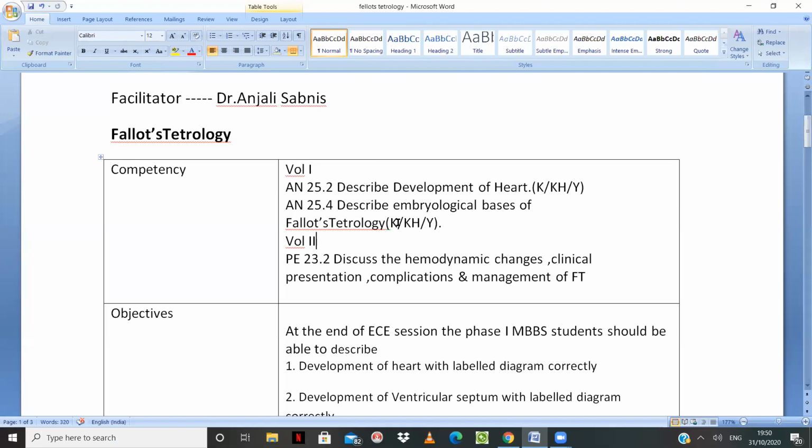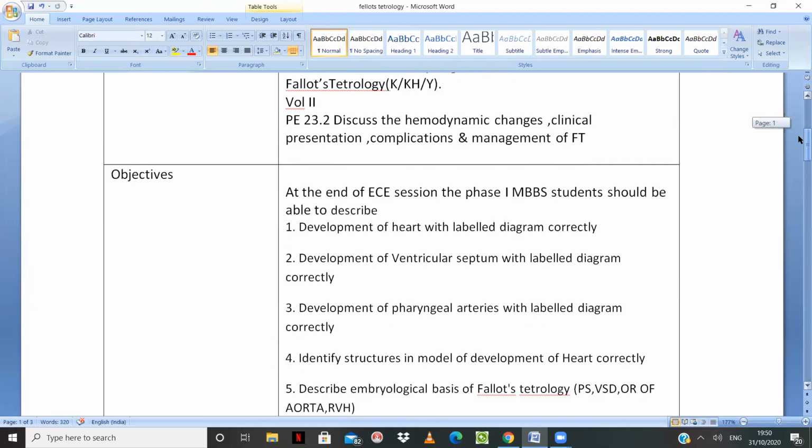The other competency is in volume 2, that is PE 23.2, pediatrics: discuss the hemodynamic changes, clinical presentations, complications, and management of FT, Fallot's tetralogy. The objectives for these competencies for first phase learners: at the end of the ECE session, the phase 1 MBBS student